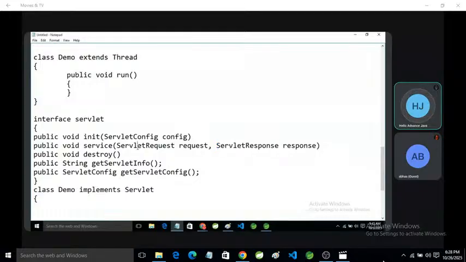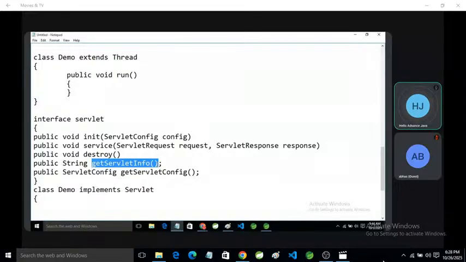Okay, third is destroy. It will delete all the objects that were generated at the time of execution of the servlet. The String getServletInfo method returns string information about the servlet.